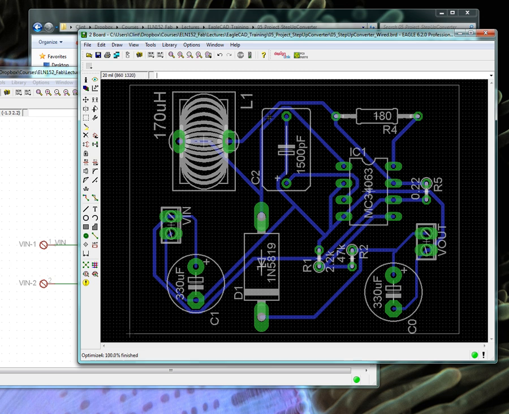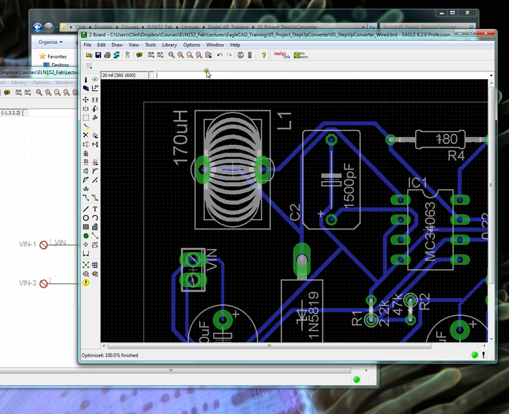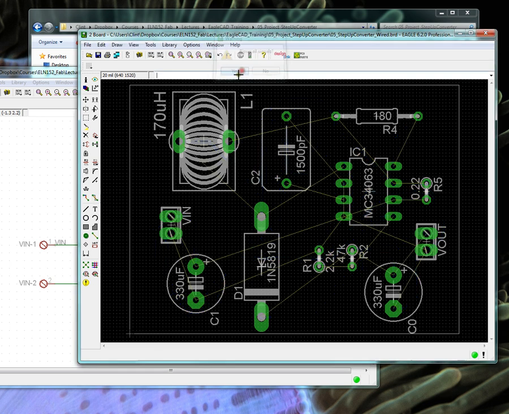Only problem is I don't really like that because a lot of these are really close. It's going to be hard to design. So how do I undo that? Well, let's say that I don't like it. What I can do is say rip up, and this is a rip up button, and then I can hit the go sign, and it'll rip up all the signals. Okay. So what I really need to do is go to the design rules,